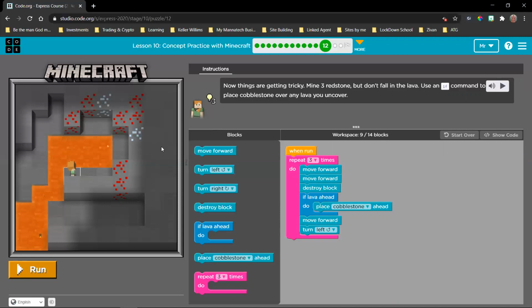The only reason why I did it the way that I did it was because I wanted to look for the pattern that I can most easily recognize and use that pattern in a loop. Because I know if I can do that, I'm going to limit the amount of blocks that I'm using. If you have another form of thinking, you think you can do it differently, that's fine. I know one of my students the last time did it in something like 6 or 7 blocks, but she just went in here and randomly broke a bunch of stuff in a loop repeated 20 times, until she eventually mined those 3.